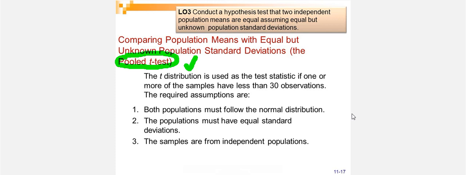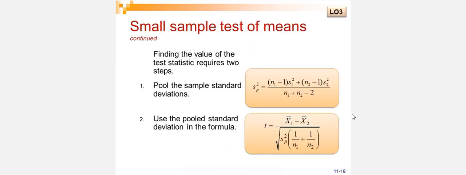So untuk pooled t-test, they have some requirement, they say less than 30 observation. So both population, that means group number 1 and group number 2 must be normal distribution. Then population should be equal standard deviation. The sample from independent population. Then kita melihat the next step about the formula. Ini dua formula